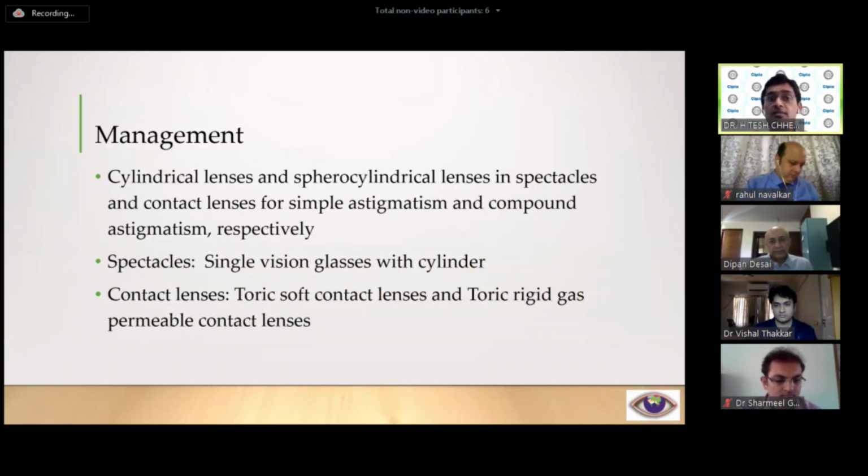Management of these patients: they find wearing those glasses not comfortable. They find the surfaces are elevated. They even find difficulty in walking down the staircase. What you need to do in these cases is reduce the distance between the cornea and